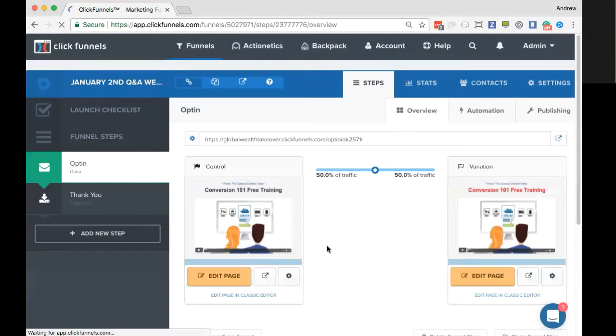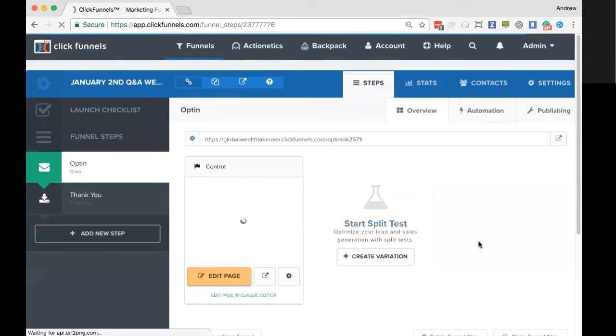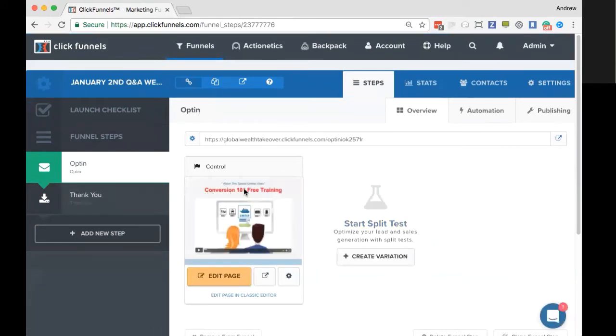So as soon as we finish that, go ahead and click that. It's going to bring us into what you had originally seen when we started the webinar, and we can start a new split test variation of that. The only difference here is our control page now has been changed, and you can see that our highest converting change has been made the control against our split test. So that's very brief, very simple steps here at the beginning of the webinar.